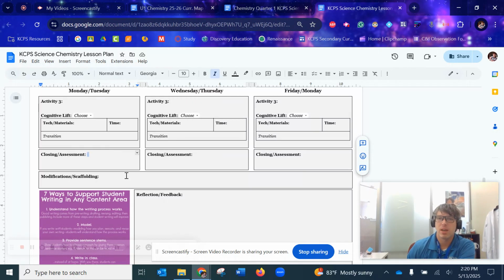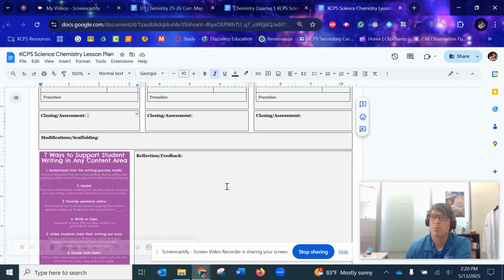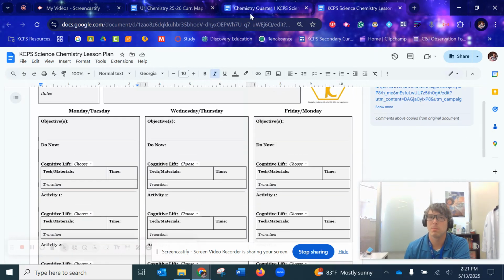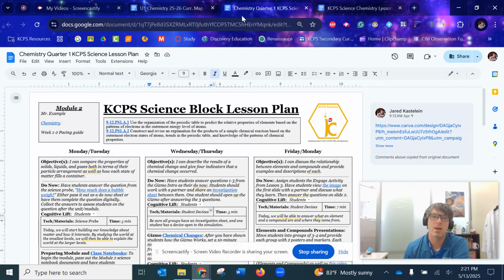Do you have any modifications or scaffolding that you need to consider? And then afterwards, do you have any reflections or feedback from teaching the lessons? So that's the blank template. Let's jump into a completed one so you can see how I've created these for you and my